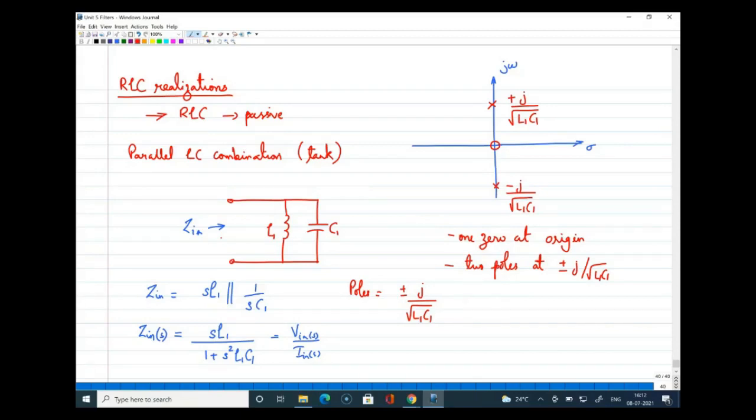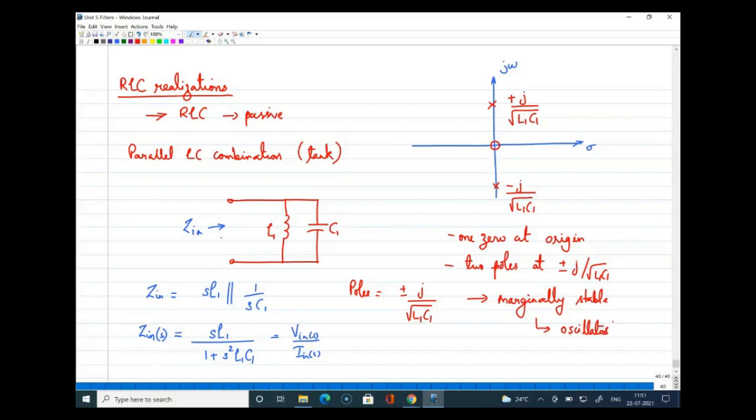So what can you comment on the stability of this system? From our previous discussion, we told that there are three cases. Yeah, the system is marginally stable. Depending on the pole location, I can say that the system is marginally stable. And since it is a marginally stable system, this is actually utilized in the design of oscillators. So that we'll see when we start oscillators.